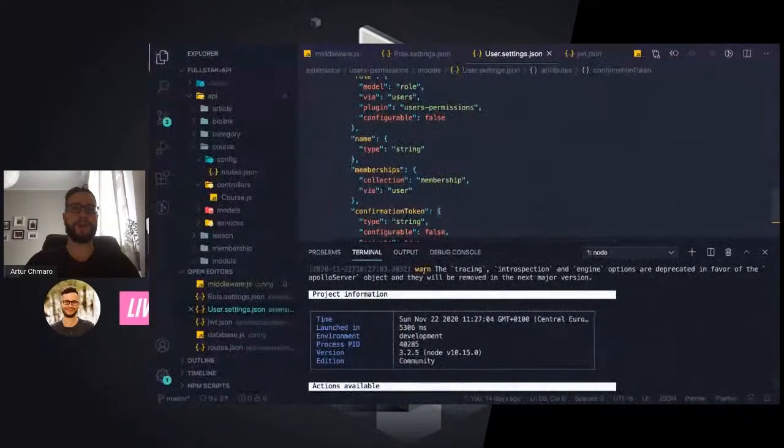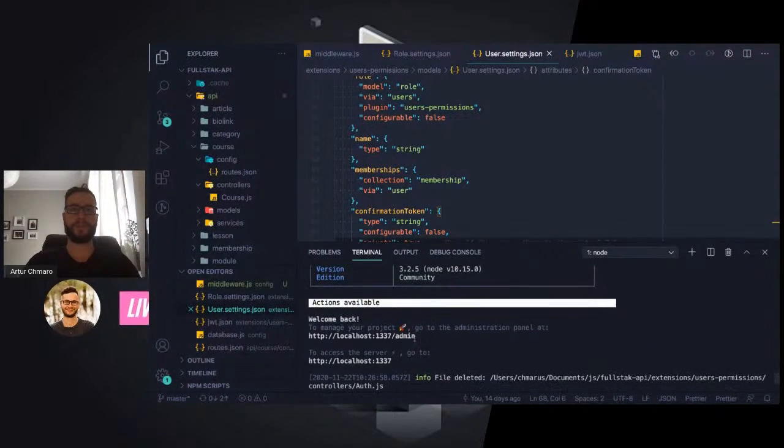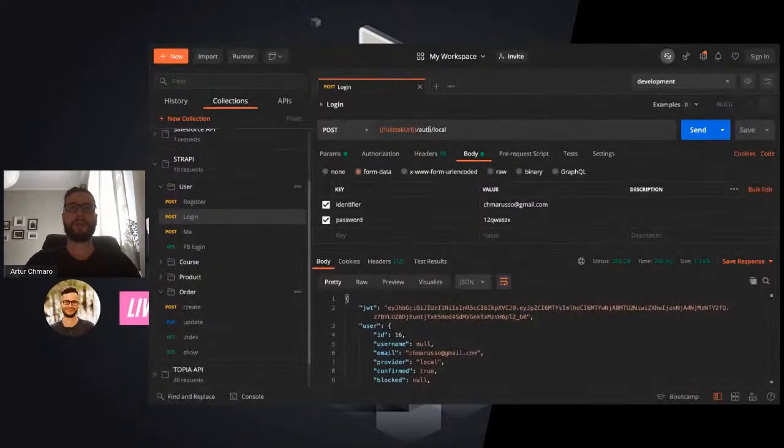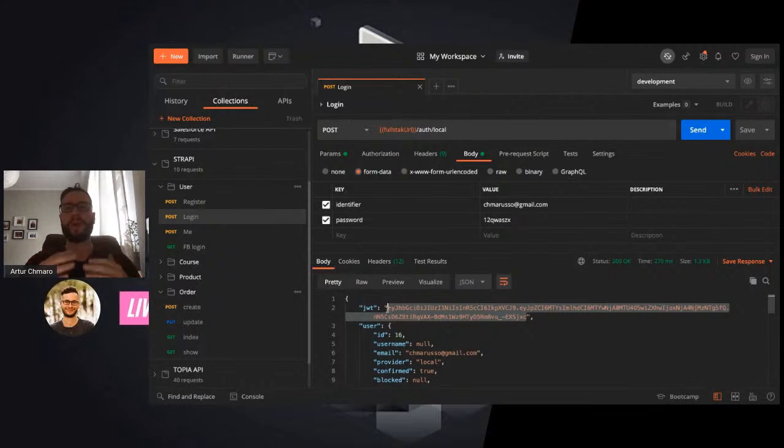Here I have the code of this Strapi instance. It runs on my local machine. And here we can call this endpoint, passing email and password. In return, Strapi returns a JWT token. It's a special token which we have to use in the next calls, so the backend knows that we are logged in